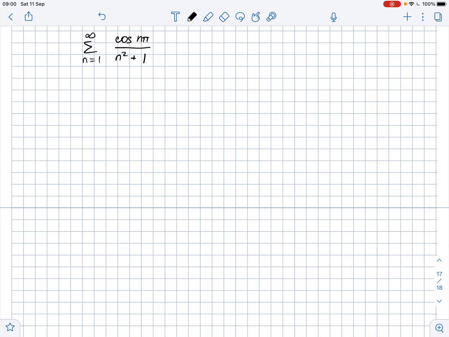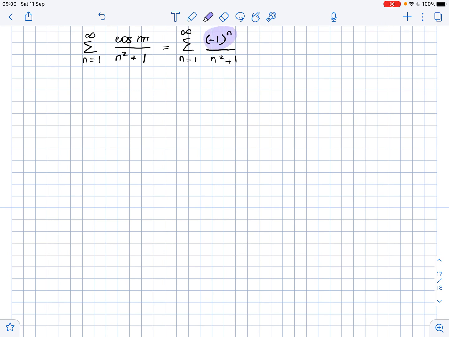So we need to discuss the convergence of the given series. Let's start by rewriting this series a little bit. So this equals the sum of (-1)^n over n squared plus 1, where n goes from 1 to infinity. Basically,